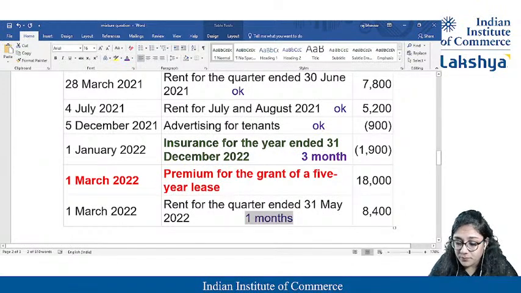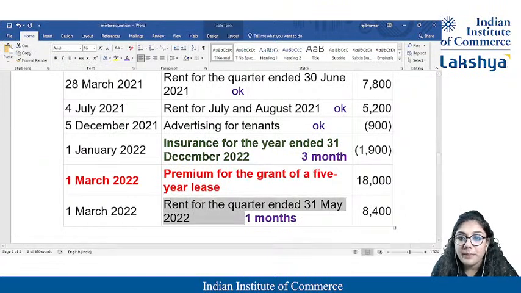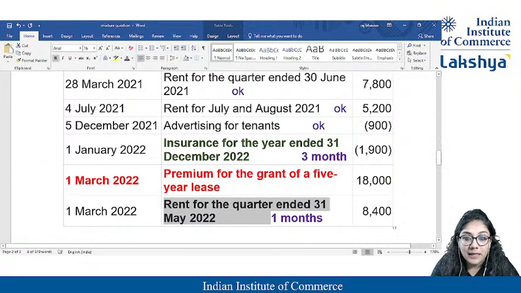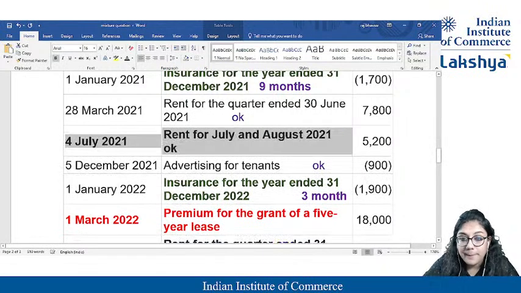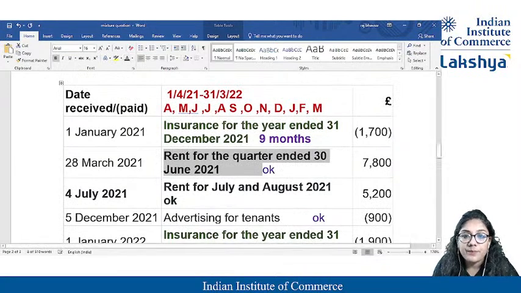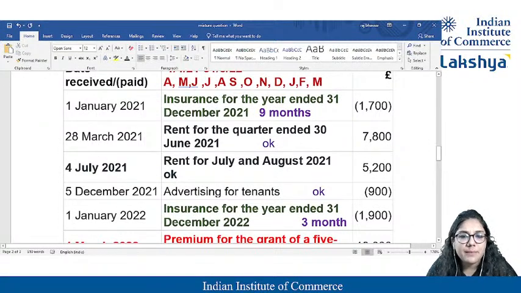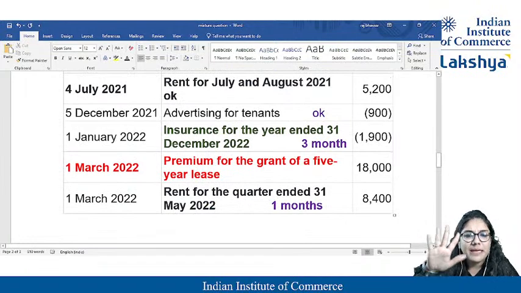My bad. Students, ma'am, rent I am getting. Okay, we'll make the rent color dark blue, if it is visible. Over here also, ma'am, I'm getting some rent, I'll make it dark blue. Also over here, we are having some rent, even that I'll make dark blue. Cool. Students, how much rent am I getting? Ma'am, it's for 30 June. So April, May, June, 3 months. For July, August, 5 months. And over here, 1 month. Ma'am, I'm getting only for 6 months.